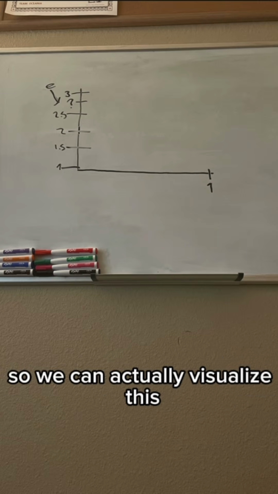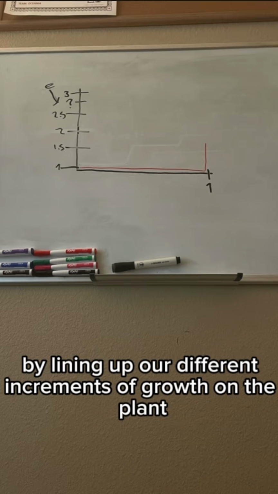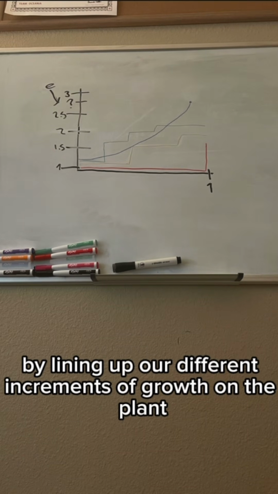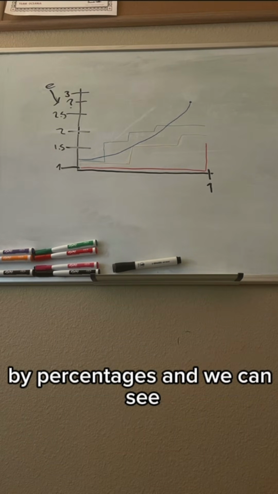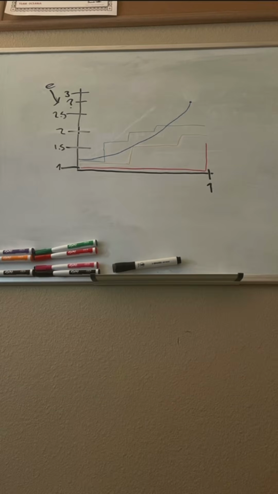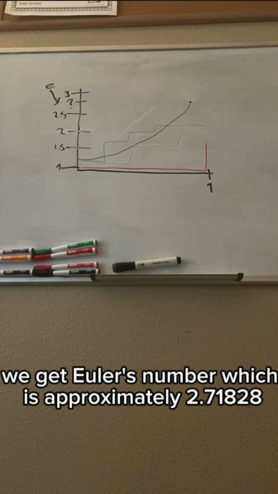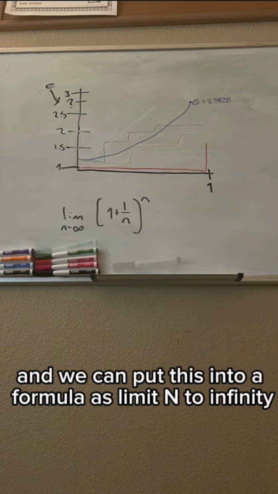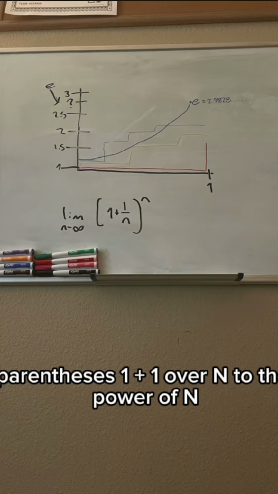So we can actually visualize this by lining up our different increments of growth on the plant by percentages, and we can see as we approach smaller and smaller increments up into infinity, we get Euler's number, which is approximately 2.71828. And we can put this into a formula as limit n to infinity, parentheses 1 plus 1 over n